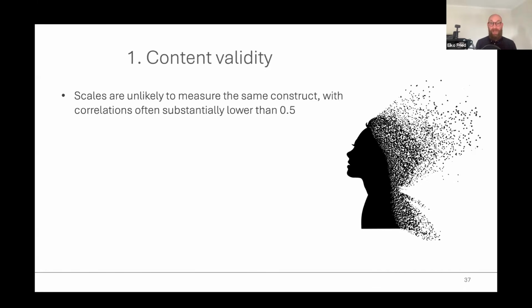These correlations are much higher in healthy samples, and much, much lower, down to zero, in clinical samples with more variability. This is an interesting phenomenon we discovered a couple of years ago. I guess it's now more known in the literature. I don't want to spend too much time on this, but I'm going to say that if you look